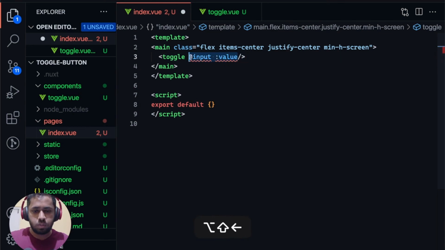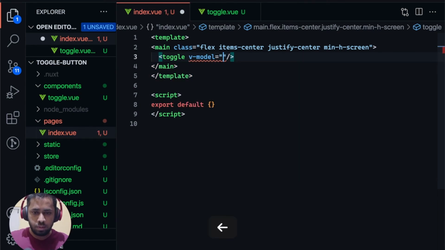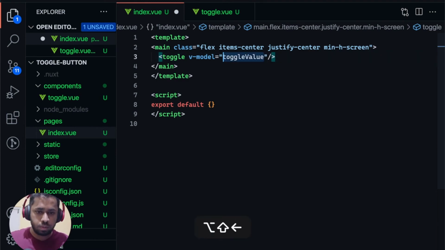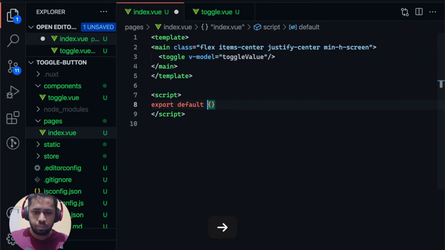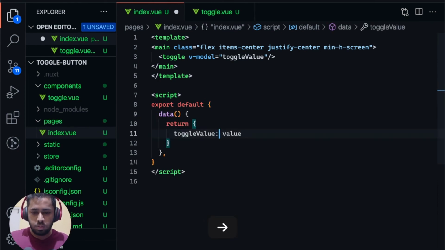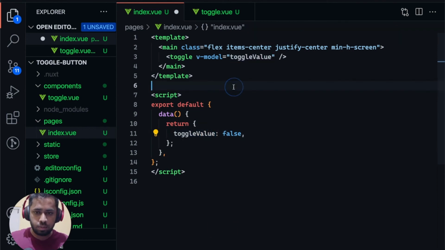So let's do v-model and assign it to a variable named toggleValue. And let's set it to false. Okay,